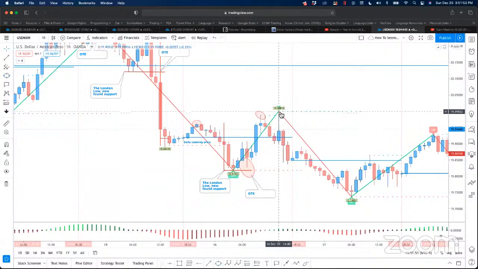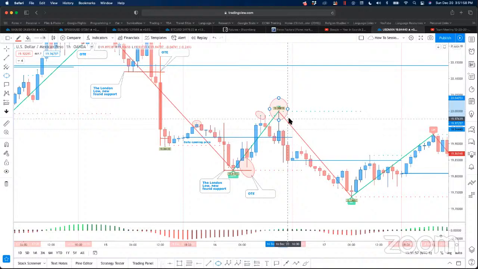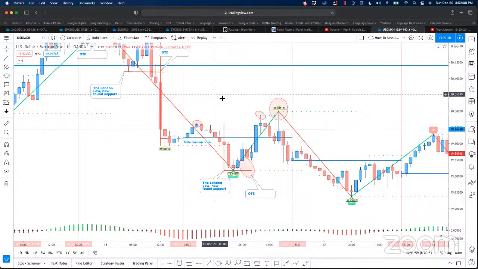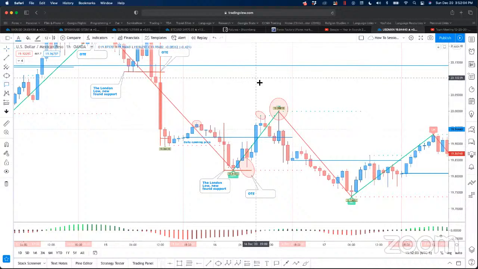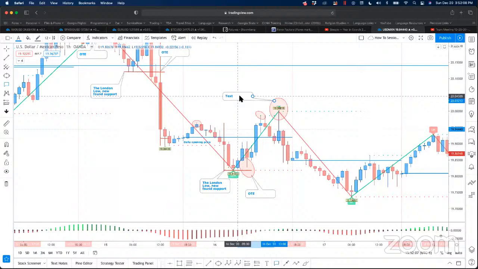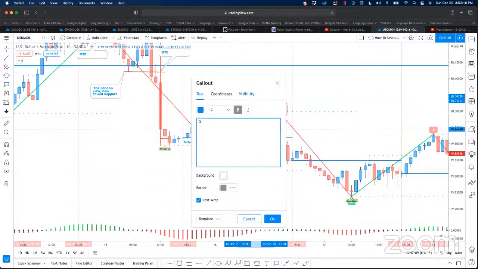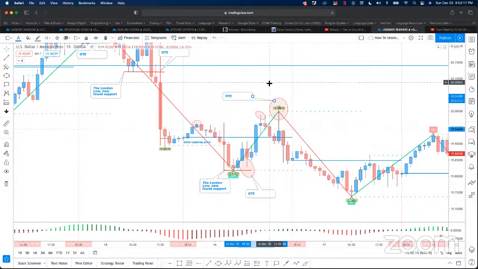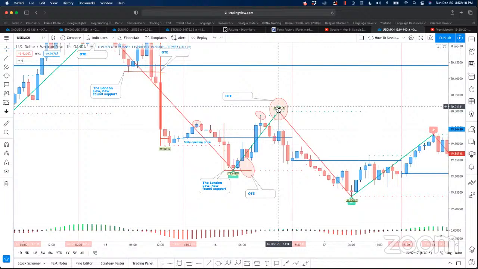And the next time we trade back up near this, we got a rejection here. So in this case, you still want to be bearish, and you get an optimal trade entry right here in this area for the rejection,